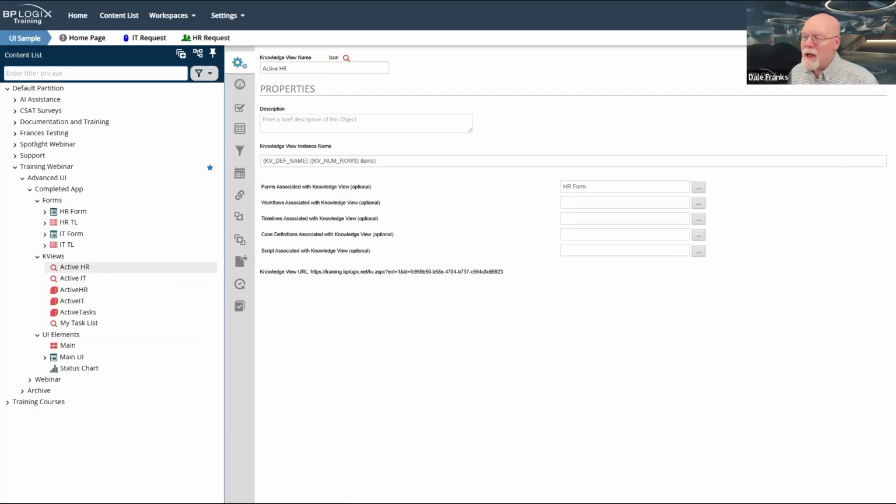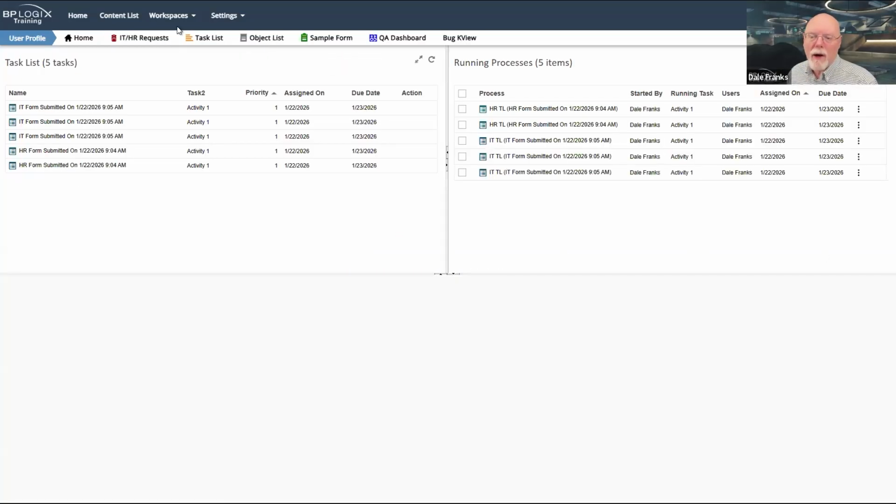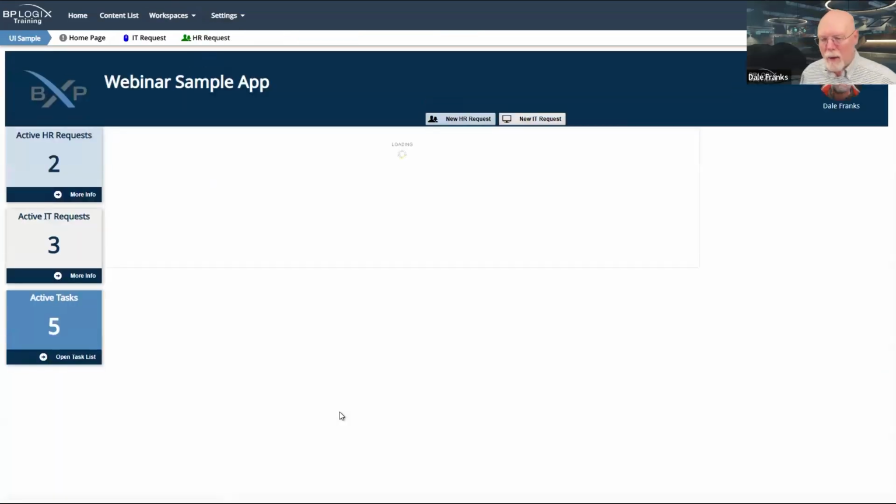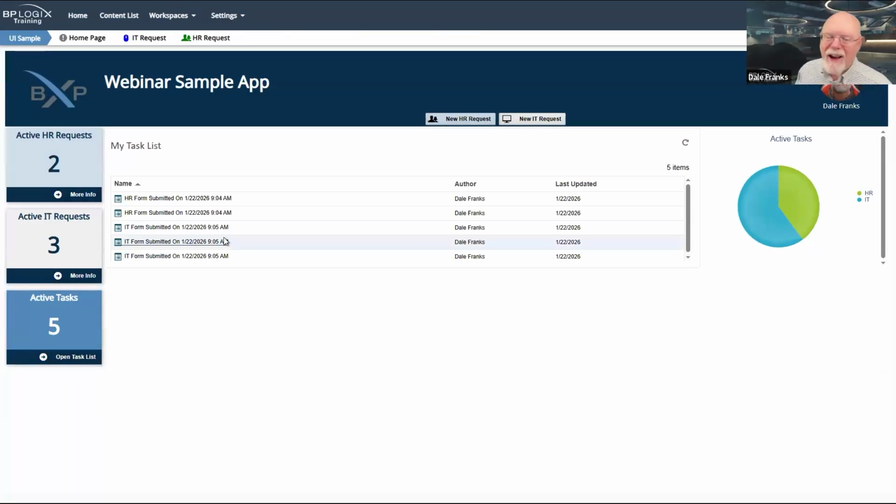The first reason is because as we look back over here at our workspace, and I guess we need to go back to that workspace, I need to be able to show those knowledge views. So I need to be able to show the task list, which in this case happens to be showing in a K-view control on the form, as we'll see in a little bit.